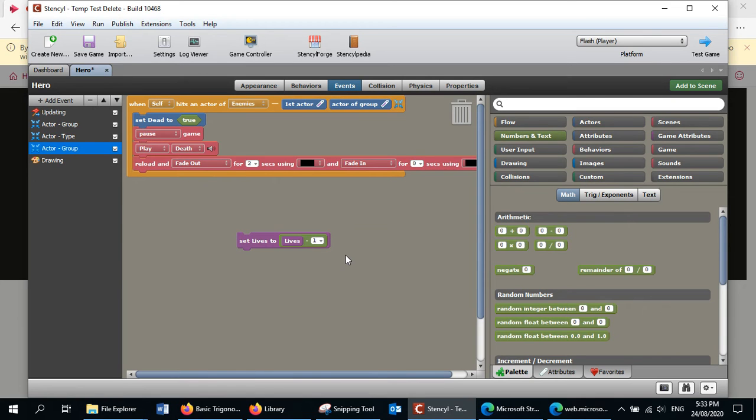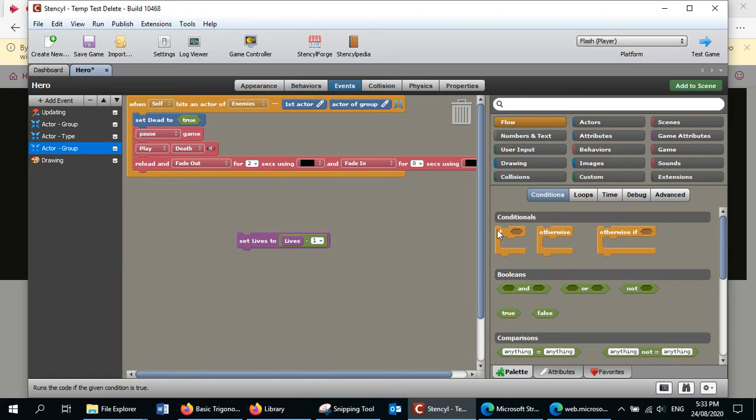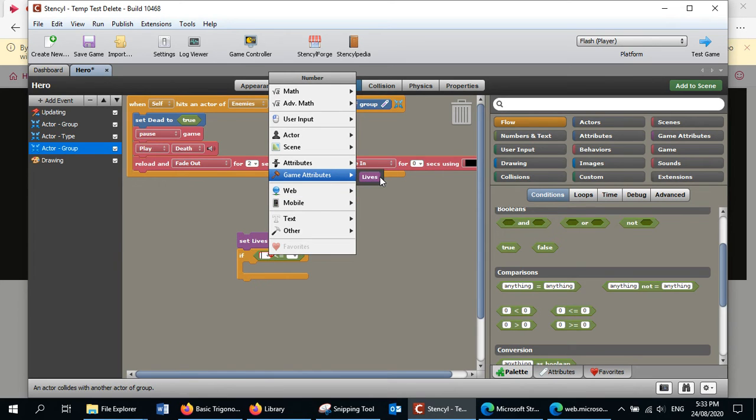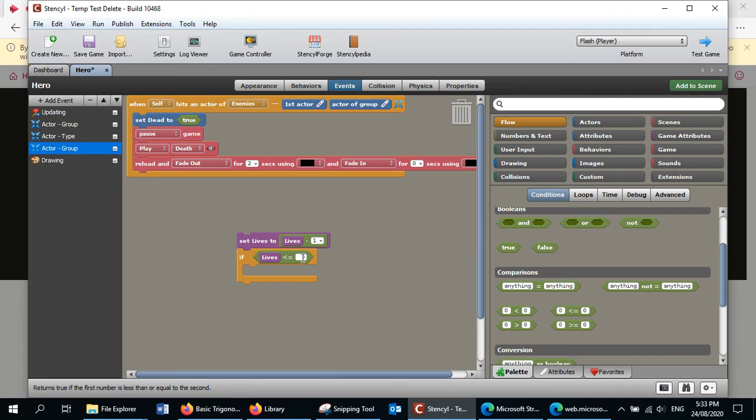Okay, next, you need to use an if statement to detect when our lives are 0 or less. So I'm going to click on the flow option here and get in an if statement. And I need to use a comparison option here. And we're going to say if the lives are less than or equal to 0. So that one there, that's less than or equal. So if our game attribute lives is less than or equal to 0,